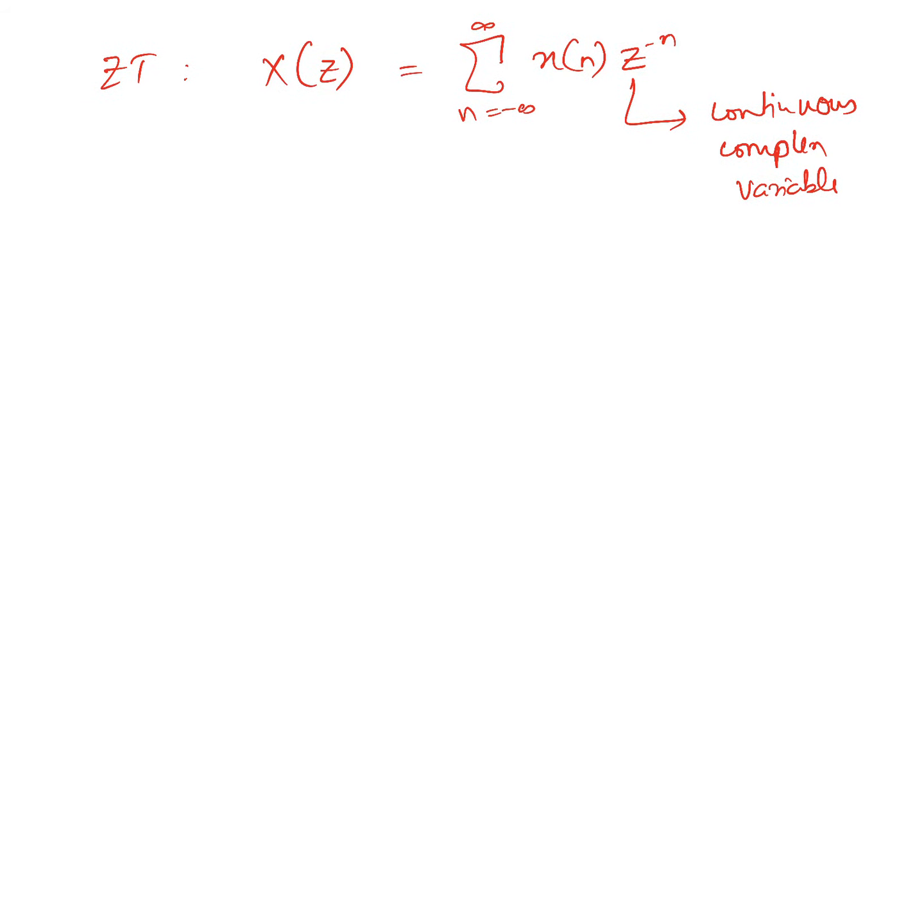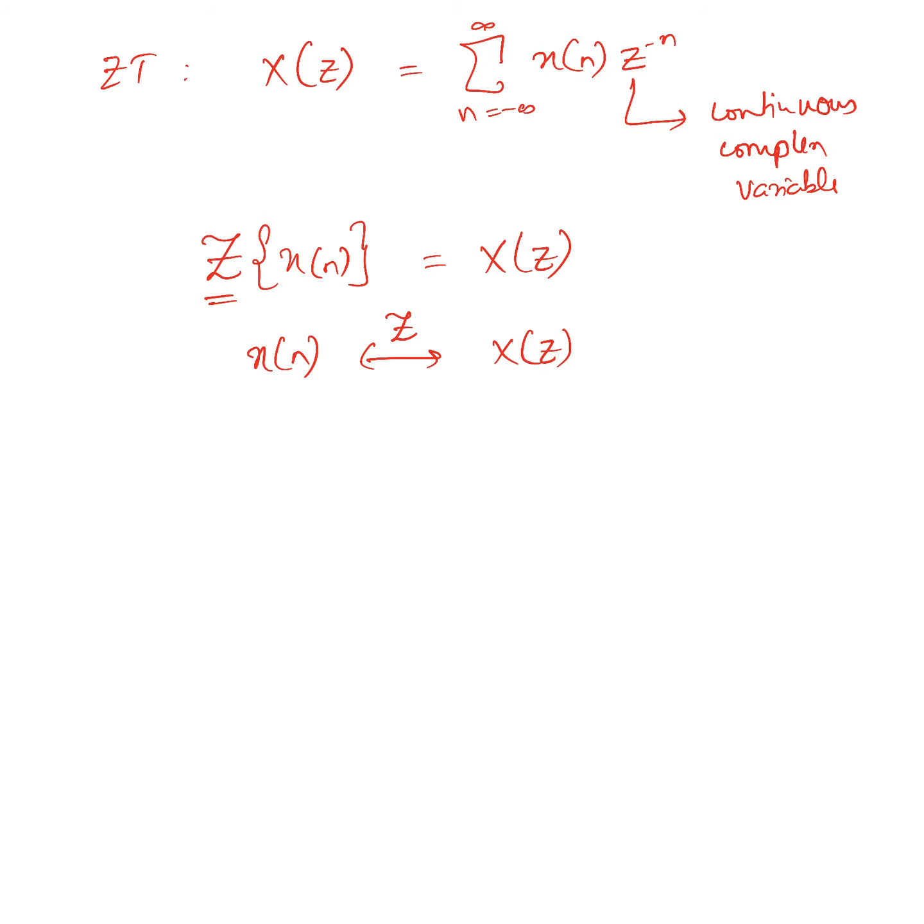For denotation purposes, we shall use Z of x of n. We will use this operator Z, when we apply it onto this sequence x of n, then we call it x of z. Okay, so this is how we would represent it. Alternatively, as we had seen earlier for the Fourier transform, when I take the Z transform of the sequence x of n, and the inverse transform of this x of z, we will get x of n.